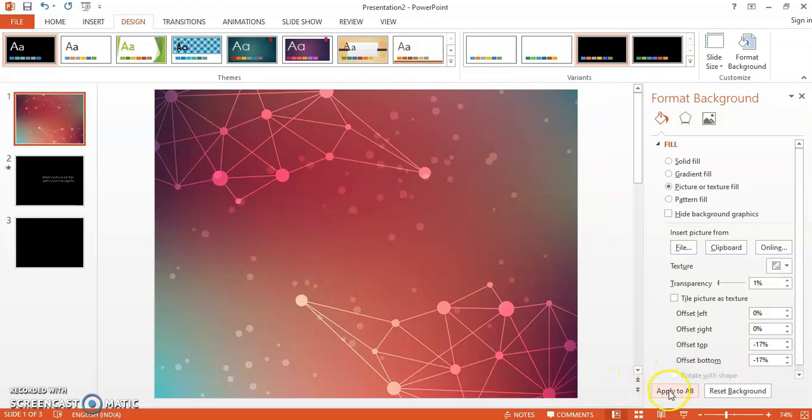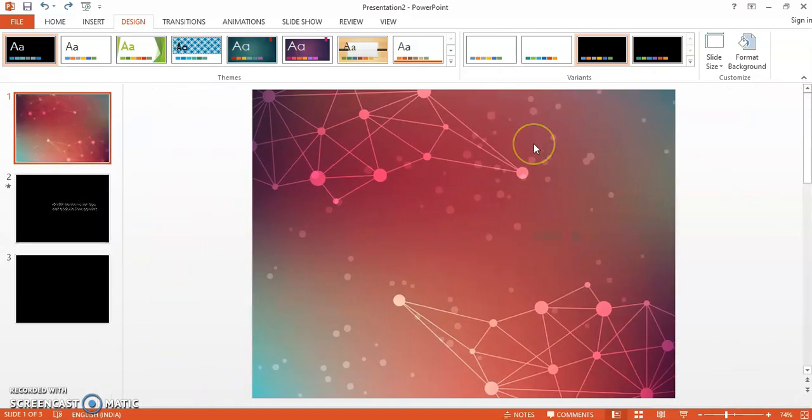So if you want the same background to be applied to all the slides, you can click on apply to all. Or if you just want to keep it on one slide, then you don't need to select this option. And at any time, if you feel like removing the background, you can always go to reset background option also. That will make your slide go back to the previous version with which you started, like maybe the plain color slide, because whatever text and images you've put will remain intact, but the background of the slide will change if you choose reset background.